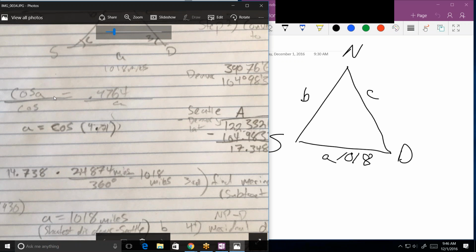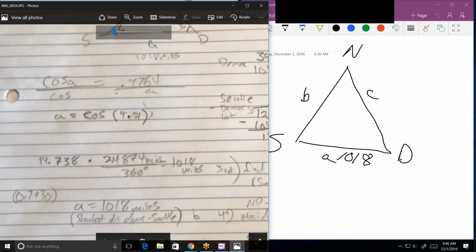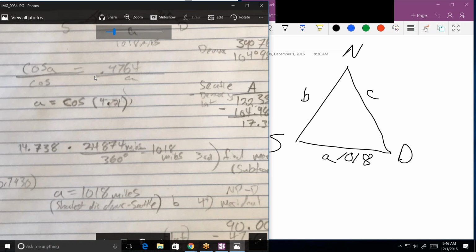See what it looks like you've written over here? That's like the law of sines, only you used cosine instead of sine, and you can't do that. Okay. What does this line here say? 24,000, that's the circumference of the Earth. Divided by 360 tells you that if you are at the equator, oh, that's where you got the 1018. Yeah. Oh, because you multiplied it by